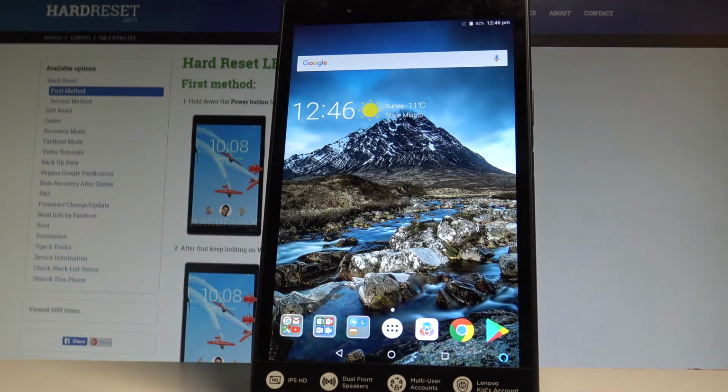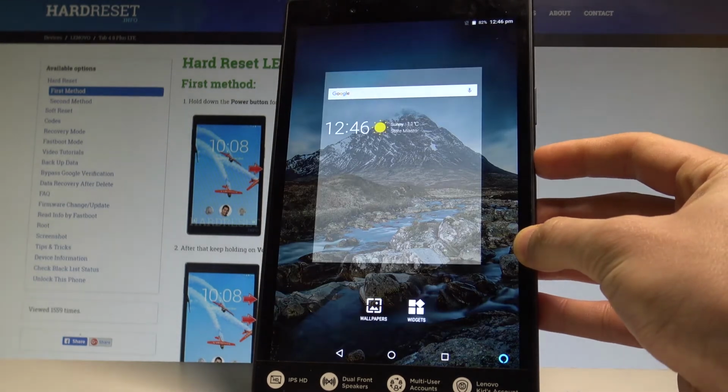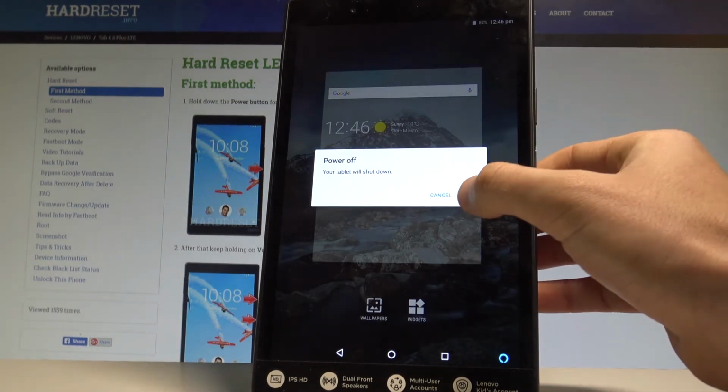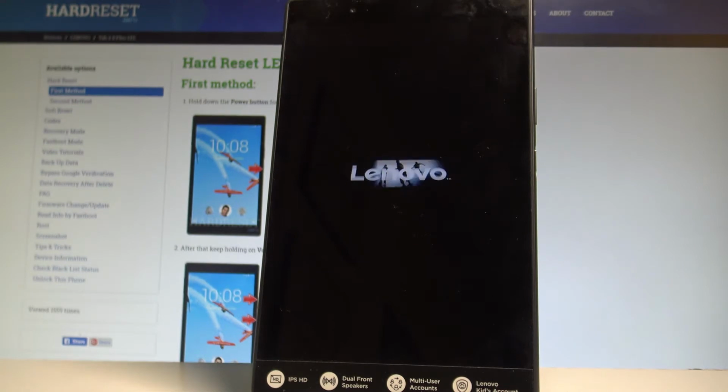I have a Lenovo Tab 4 LTE, and let me show you how to wipe the cache partition on this device. At the very beginning, let's start by pressing the power key right here, choose power off and tap OK to confirm it. Let's wait until your device is completely switched off,